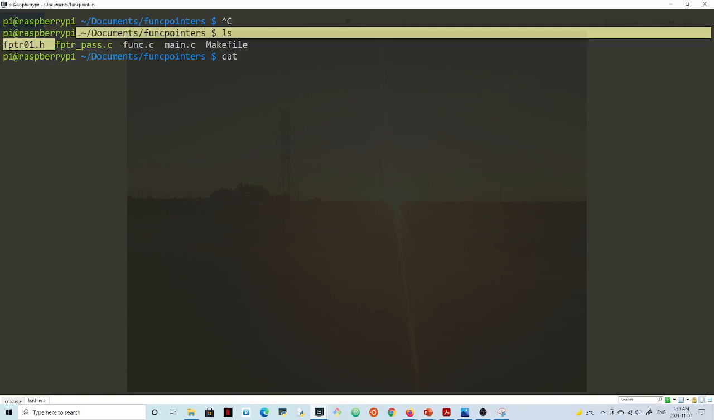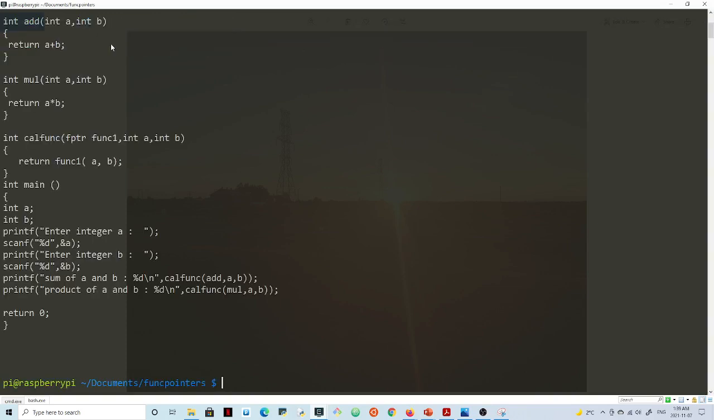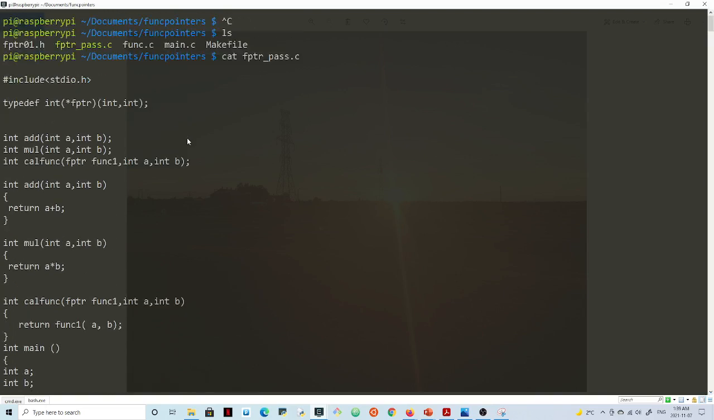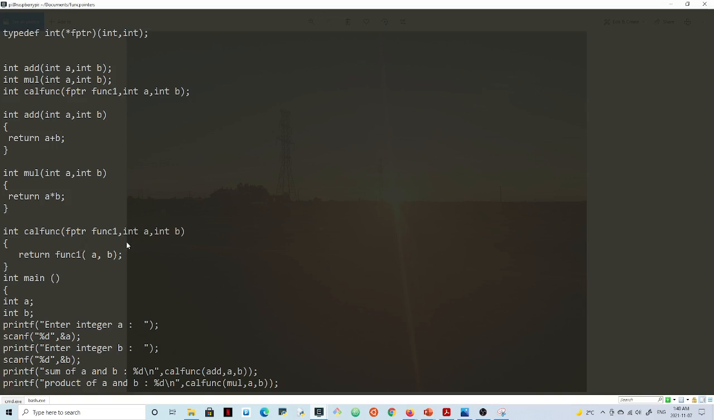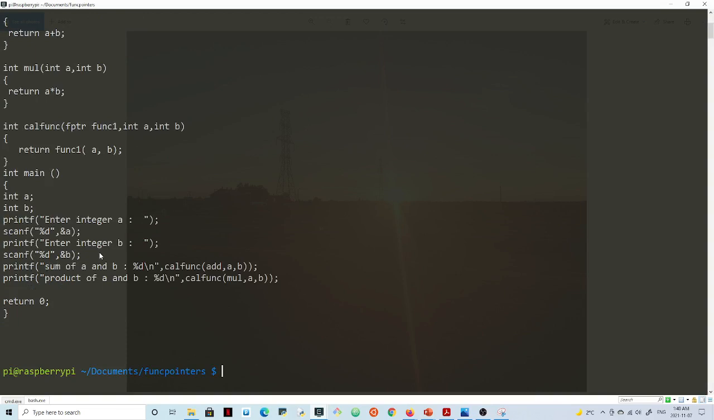And then I'll remove the C file from the system. So I have this C file here, right? Now you can see I have stdio.h, I have a typedef, a function pointer, and I have the function prototypes here. Then I have the definition of the functions add, multiply, and call funct, which is taking in a function pointer,